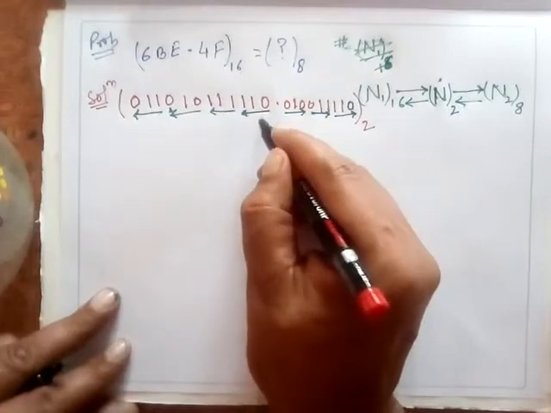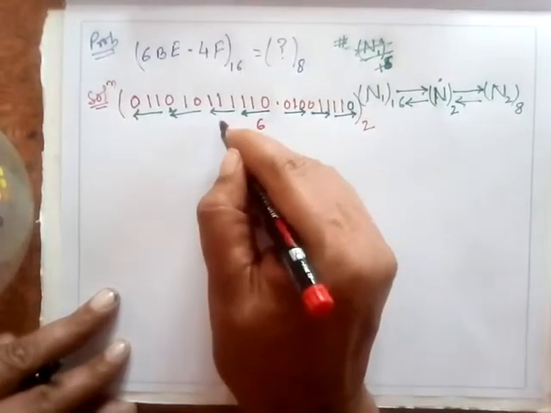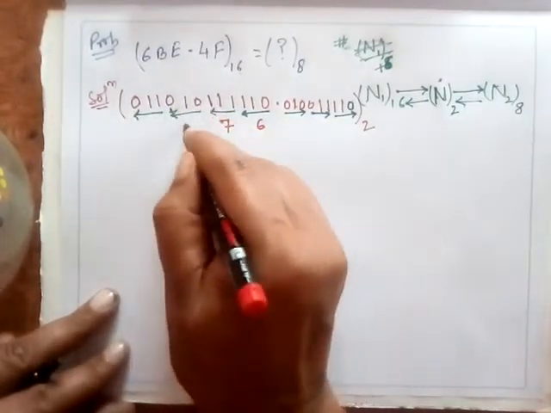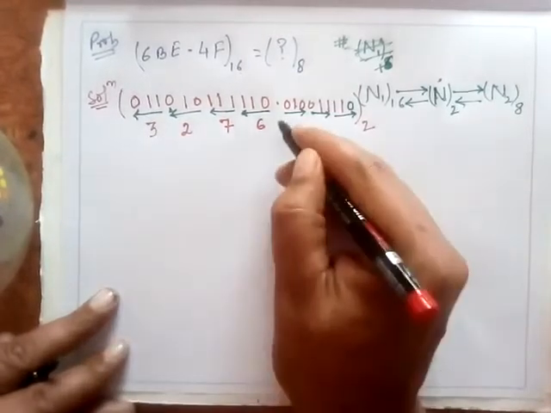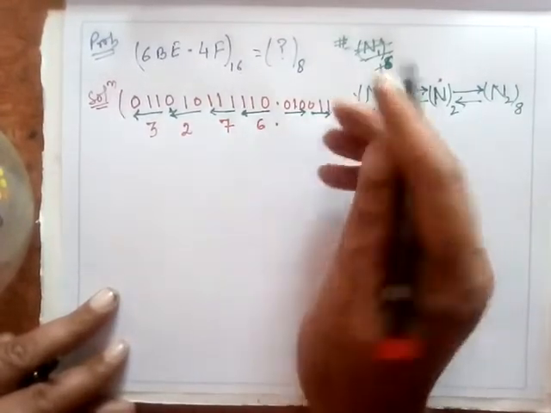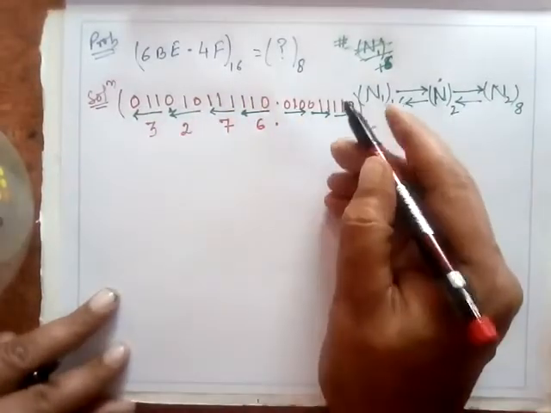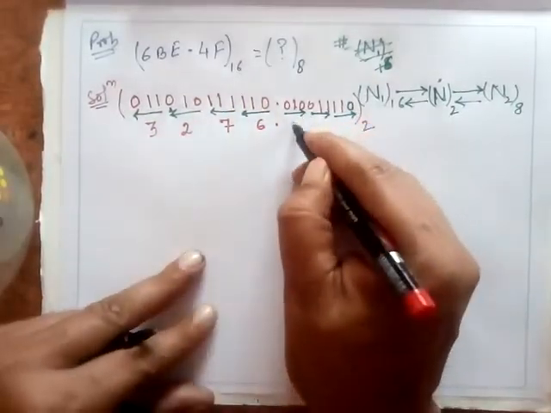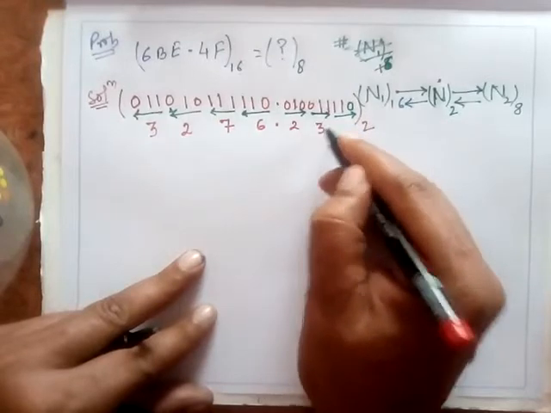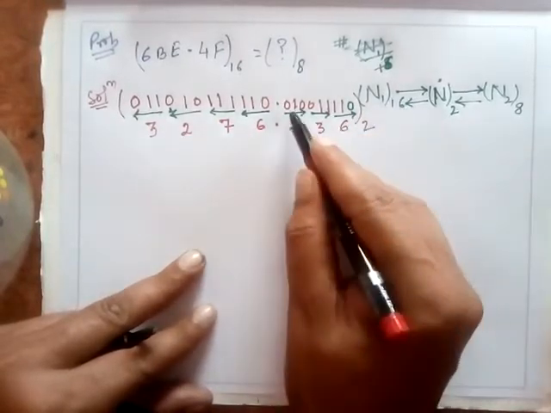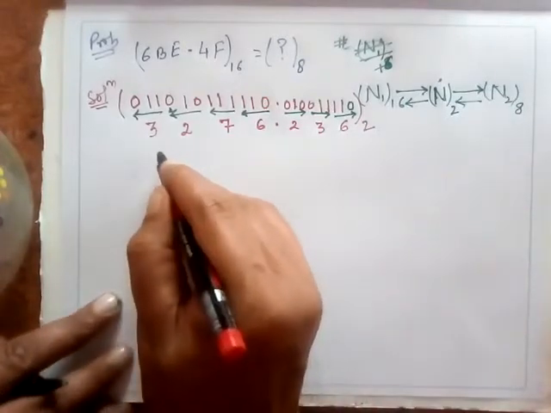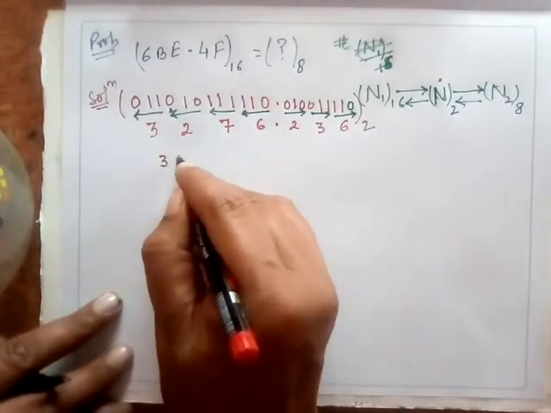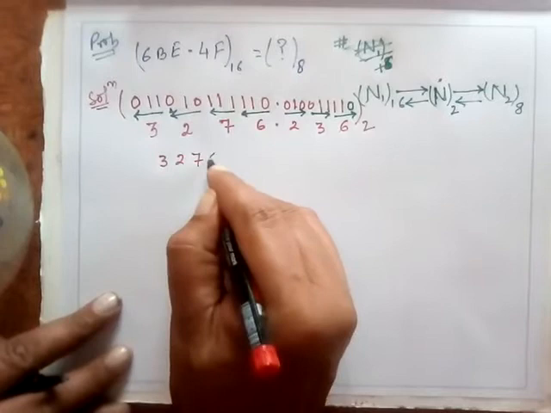This is how I have done the grouping. Now 1 1 0 is 6, 1 1 1 is 7, 0 1 0 is 2, and 0 1 1 is 3. Please cross check it. There is a possibility of a minor mistake. I want you to point out if there is any. This is 2, this is 3, and this is 6. 0 1 0 is 2, 0 1 1 is 3, and 1 1 0 is 6. So my final answer is 3 2 7